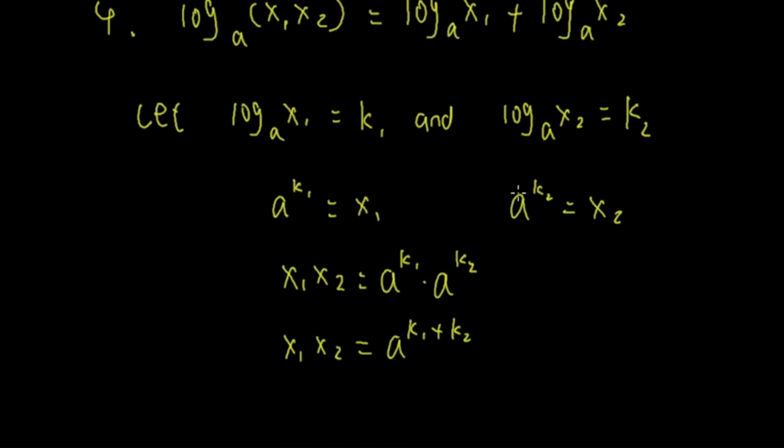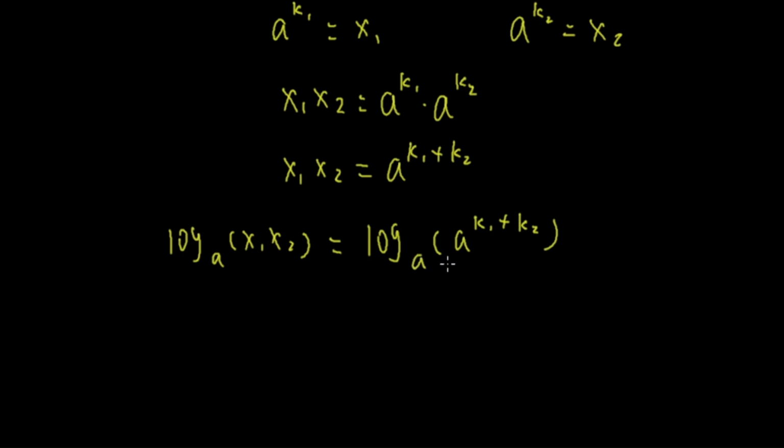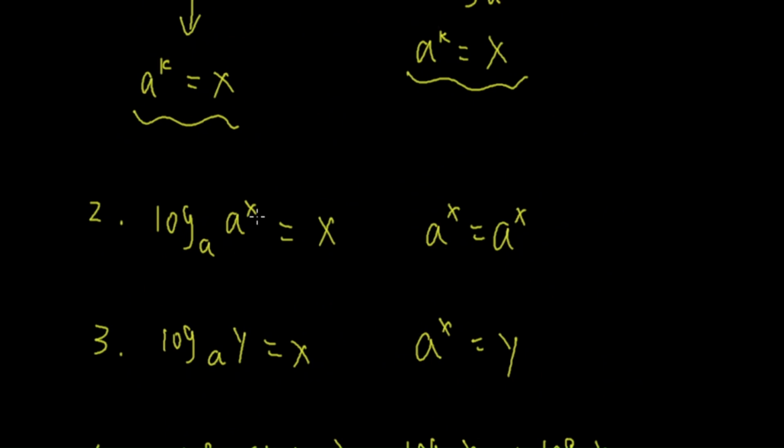So log x sub 1 times x sub 2 to the base a is equal to log a to the power of k sub 1 plus k sub 2 to the base a. And what's that equal to? Well, according to the second property here,